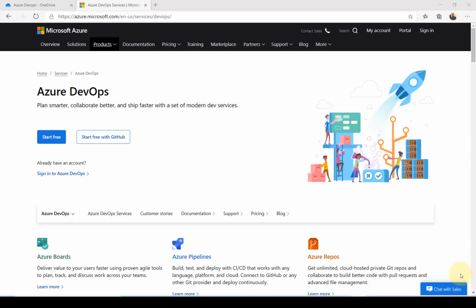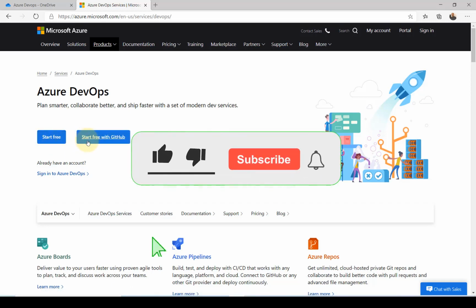Hi everybody, and welcome to this lesson on looking at how we can sign up for Azure DevOps. As you guys can see, I've navigated to azure.microsoft.com services and DevOps. This is the main homepage for Azure DevOps. Now we have a couple of different options that we can utilize to sign up for Azure DevOps. We can either use a Microsoft account and click on Start for Free, or we can also integrate our GitHub